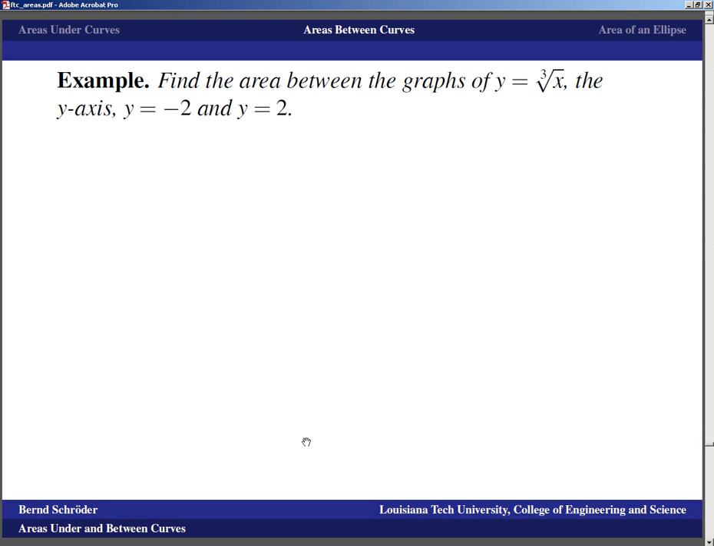All right, I've got another one here. Sometimes you just integrate along a different axis, and that really shouldn't be too bad for us either. For example, when we want to find the area between the graphs of y equals the third root of x, the y-axis, and y equals -2 and y equals 2,